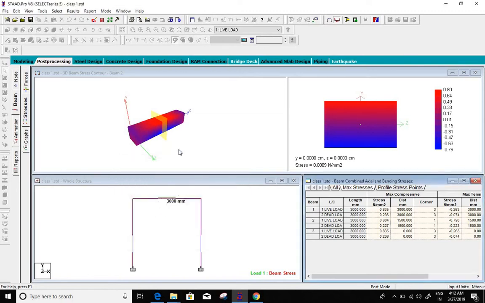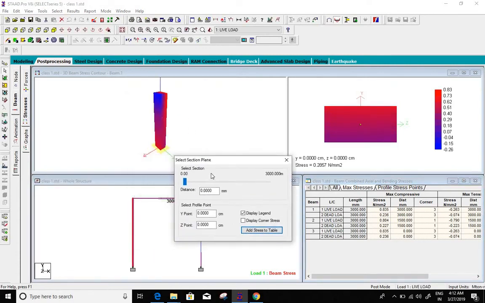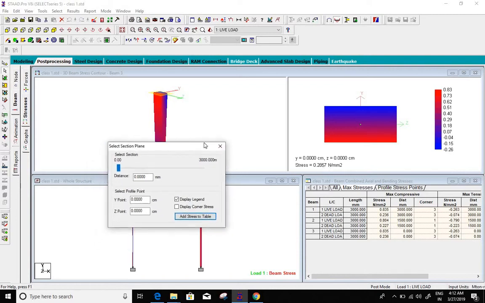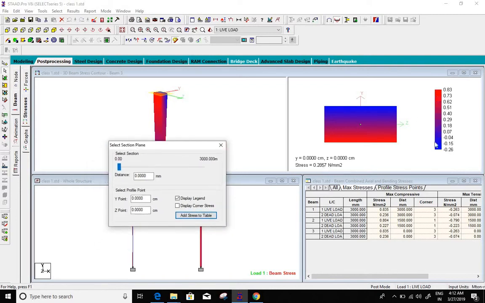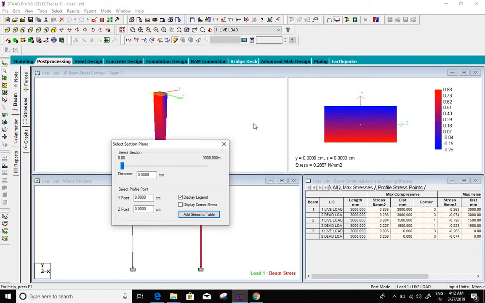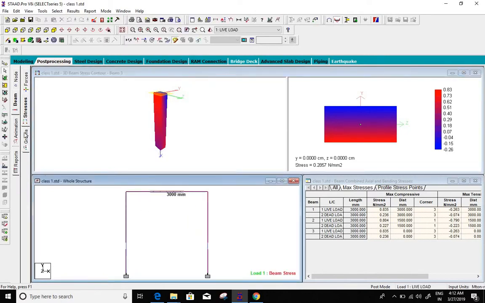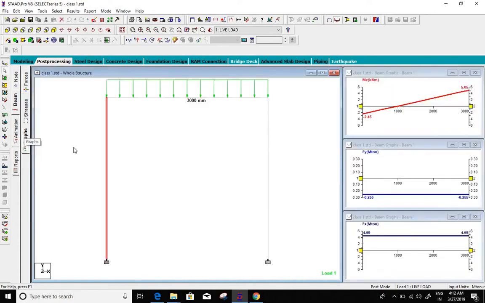If you want to calculate the stress of a particular column, you can click on that column and check the stress of that column. The maximum stress of this column is 0.2857, and you can click on another column, and the stress of that column is 0.2857 again. The color graph also changes according to the elements we are changing. So these are the options for stresses. If you want to see the graph of these forces and stresses, you can click on the graph, and all these graphs are represented here.